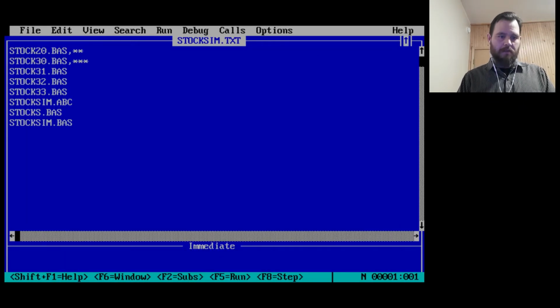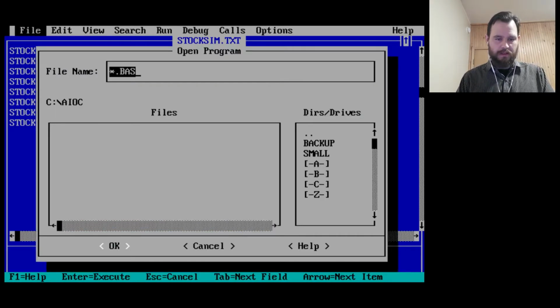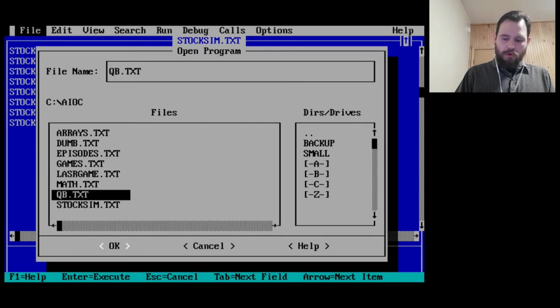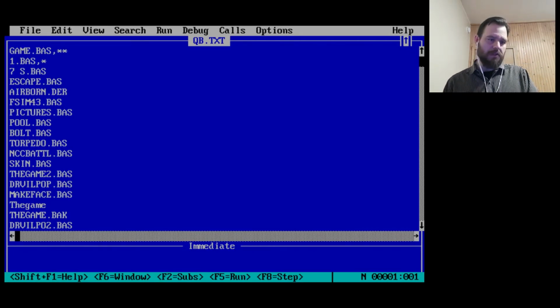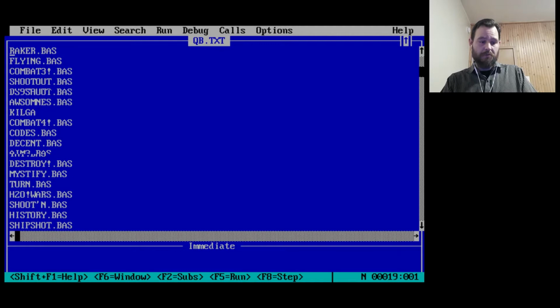Stock Simulator, obviously, we've got a few more. 3 more full versions of Stock Simulator left. So that is great and exciting. The big programs in the Quick Basic folder are going to be the brunt of our episodes moving forward because there are so many of them.